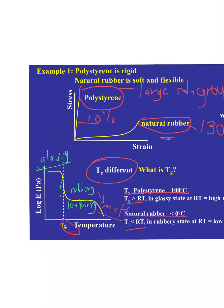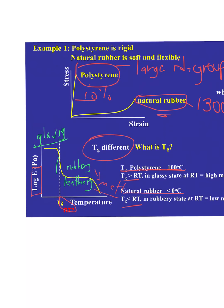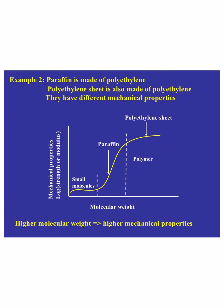Okay, and I'd also like to point out this is log of modulus. So you know that's compressing a lot of things in a small space. So keep that in mind when you look at these curves. Any questions about all that? All right,